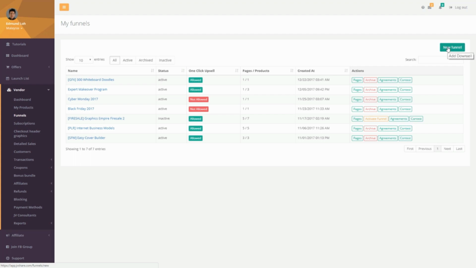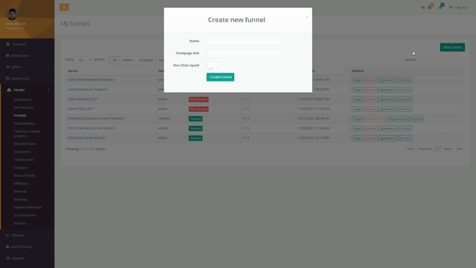So if it's a new account, you're not going to see anything here. So click on New Funnel at the top right. So you're going to give it a name. In this case, I'm just going to give it a test name called Test Funnel. And front page link is going to be the sales page that people see initially. So I'm just going to put a test website. Okay, obviously this is going to be supposed to be your website,